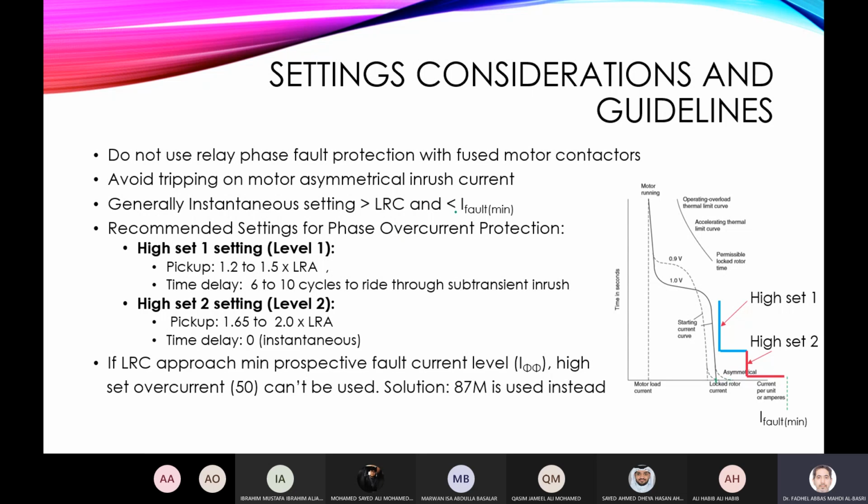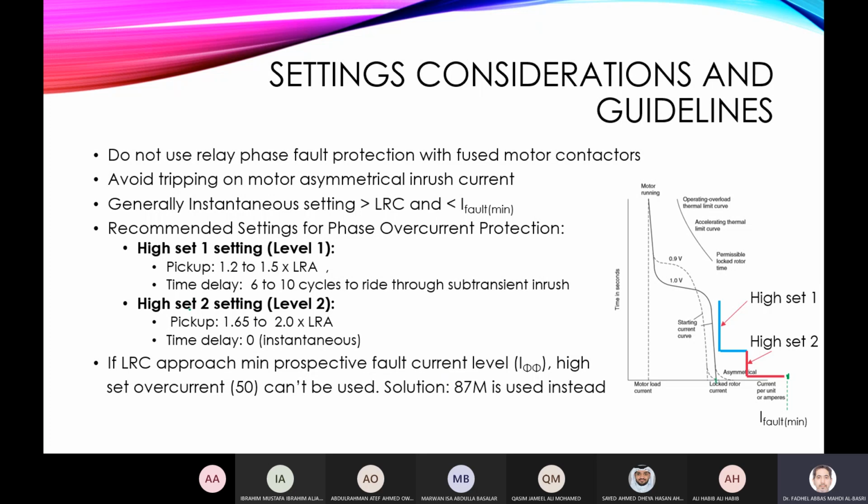And it should also be lower than the minimum fault current. Suppose this is the minimum fault current, which is the phase-to-phase fault current. So our setting has to be greater than this and below this, greater than normally the asymmetrical. To be greater than the symmetrical, we use a factor of